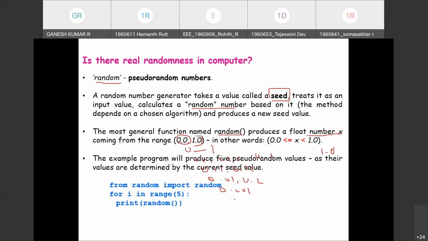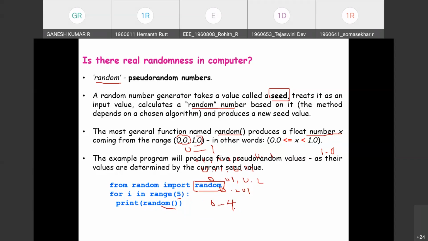So we have a function called random. Random is a module, the name of a module that can be imported with the help of the statement: from random import random, for i in range(5): print(random). This function will return random values, for range 0 to n minus 1, 0 to 4.